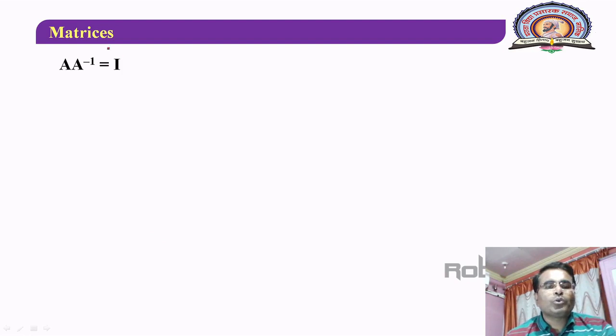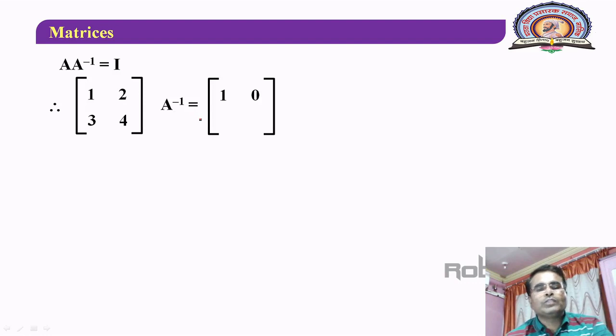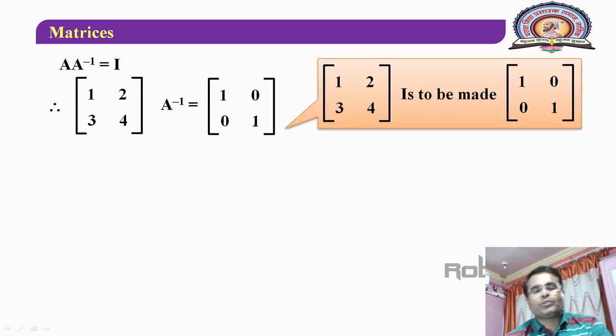Since we want to use row transformations, you have to use the equation A into A inverse is equal to I. Therefore it becomes, our matrix was 1, 2, 3, 4, then into A inverse, as it is, equal to I on the right hand side, 1, 0, 0, 1, that is the identity matrix of order 2. Now, what is our aim? We have to reduce this left hand side matrix A to an identity matrix. The matrix 1, 2, 3, 4 is to be made 1, 0, 0, 1, and for that we are going to use suitable row transformations on the left hand side matrix A here.